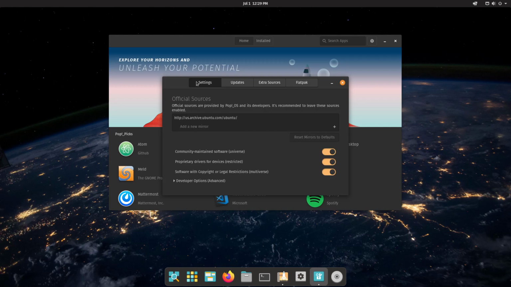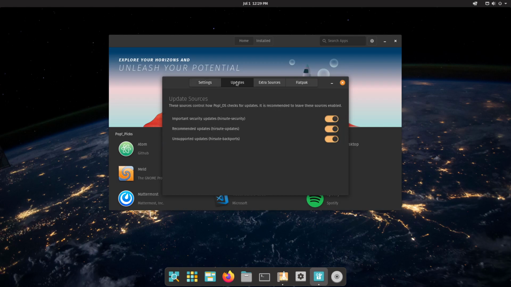Okay, this is the settings and source code. You want to keep all these on, because this is going to make sure that your hardware continues to work with the updates and everything that is in this operating system. You have updates here, important security, of course you want those. Recommended updates, unsupported updates, that sounds scary, like, why would I want something unsupported? I wouldn't take that. No, this in the backports means that you want to make sure that it's going to